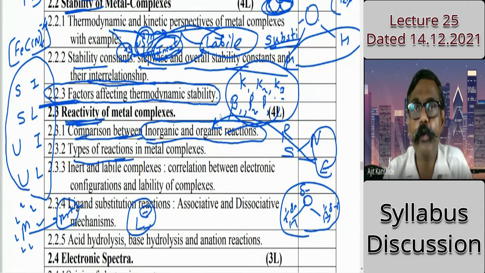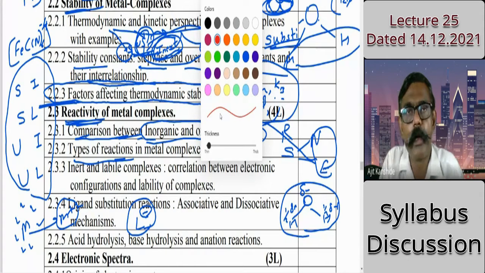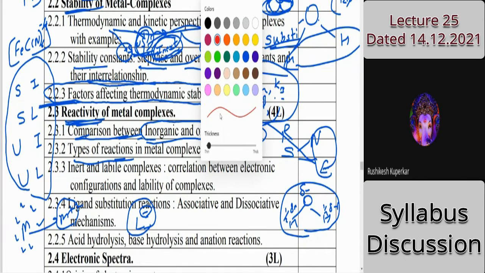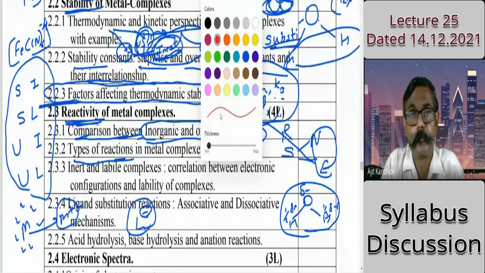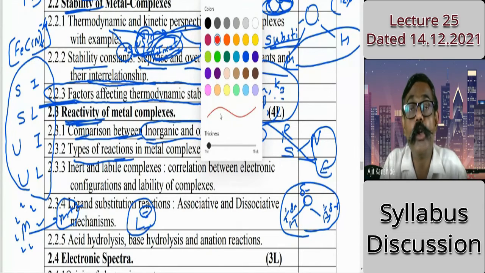So will you help me? Who is the nucleophile here, metal or ligand? Have you heard these words, nucleophile and electrophile? Yes, sir. Nucleus, what is the charge on the nucleus? Positive. What is the charge on electron? Negative. Who are nucleophiles? Who will love positive charge? Who will get attracted towards positive charge? Phile means love. Who will love the nucleus? Ligands.